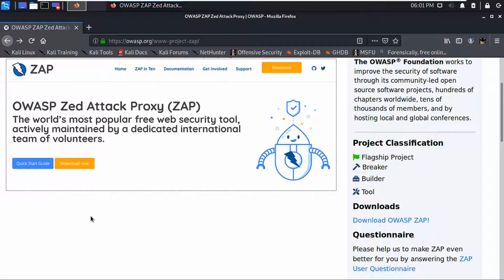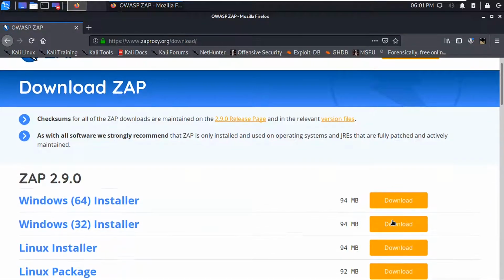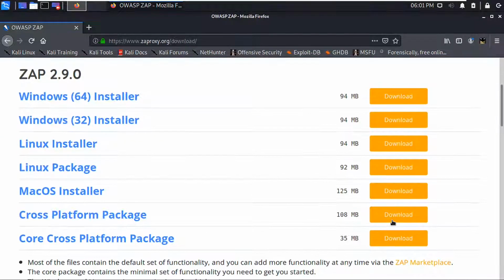So in Kali it is already installed, but if you want to download it, you can visit the link owasp.org/www-project-zap, and you can download it for Linux, Windows, or macOS as well.